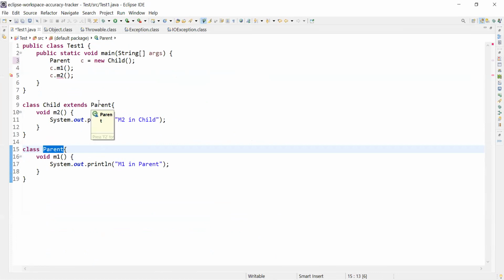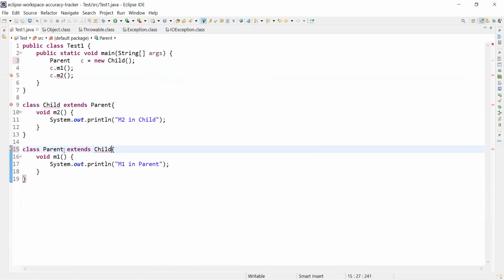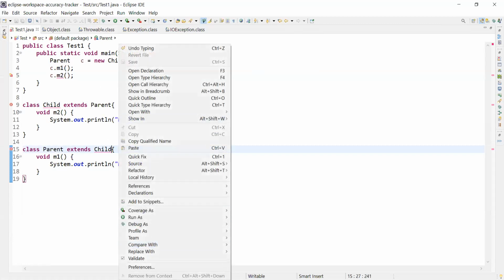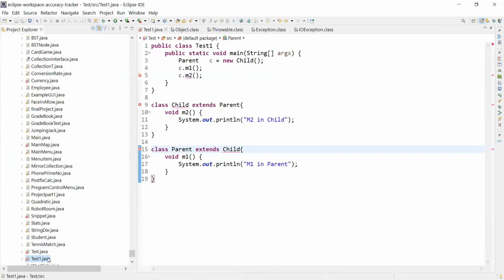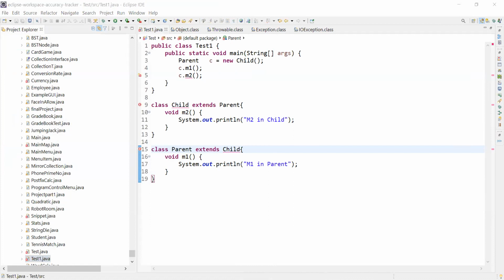We have a child extending parent, and this parent extends child. Here you can see the error that the hierarchy of the type child is inconsistent. But if you try to compile it using the command prompt, it will show that error. Let me share the command prompt once.